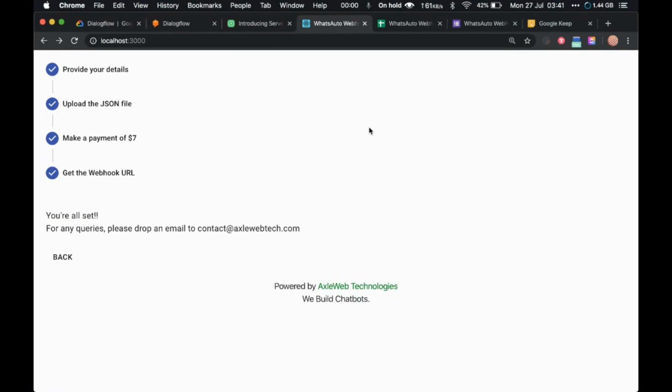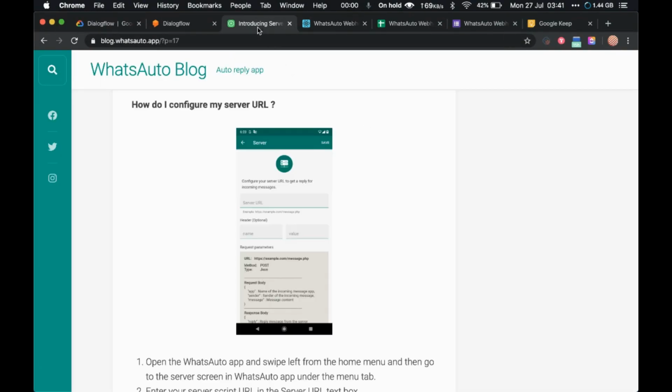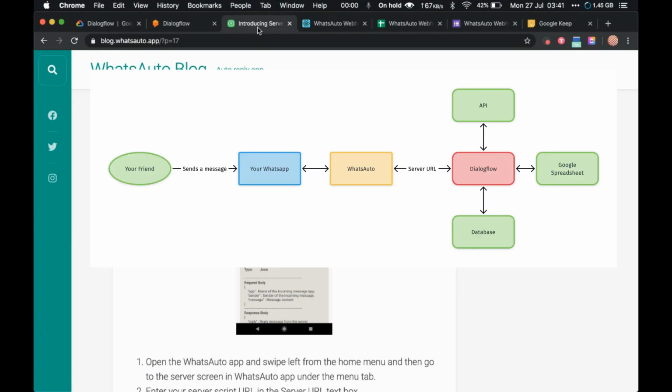Once you have done that, your WhatsAuto will be connected to your WhatsApp, and whenever someone messages you, the message will go to WhatsApp, then to Dialogflow. You will get a response from Dialogflow, and then that response will be sent to your customers.